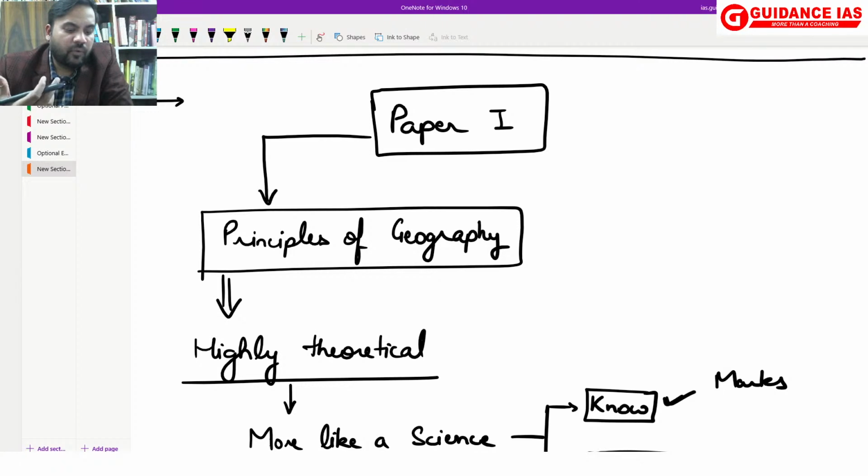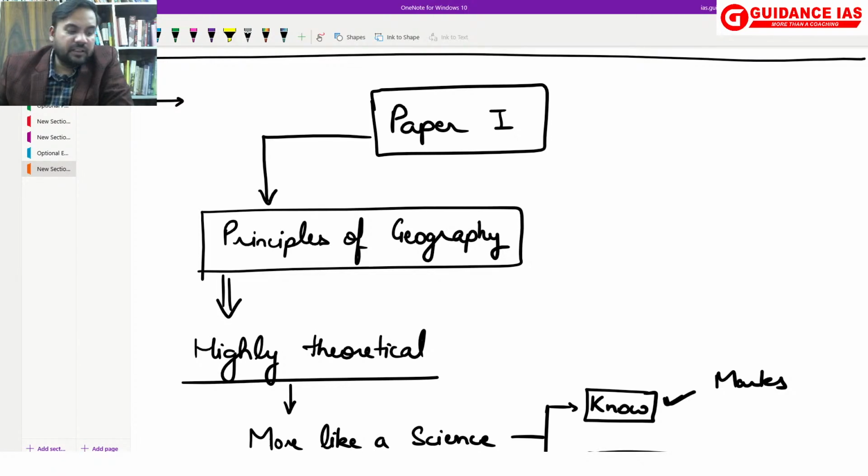And for this, what is required is a very fresh approach, a very open mind, because many of you have done your optional classes from somewhere else. So in many places you will find that lots of contradictions might come to you. There will be lots of resistance in learning. But you'll have to shed this resistance and keep on learning.